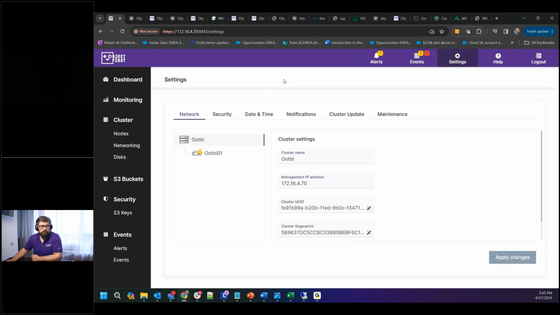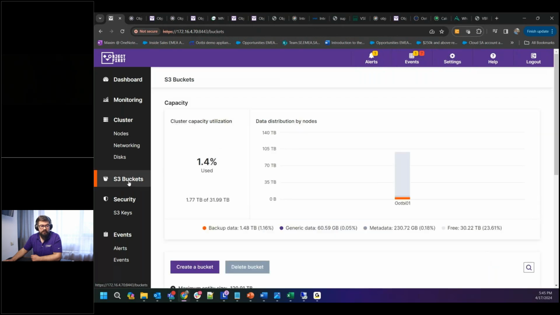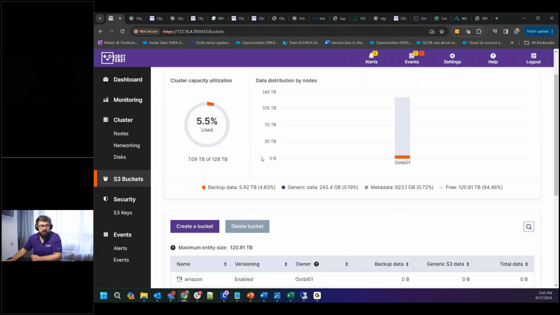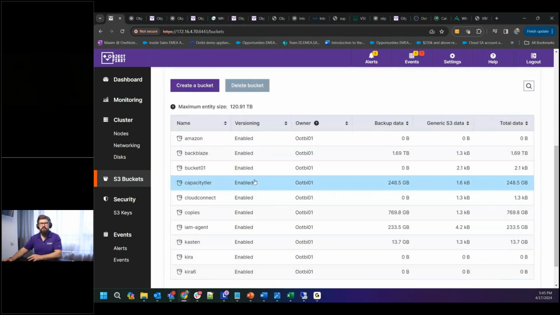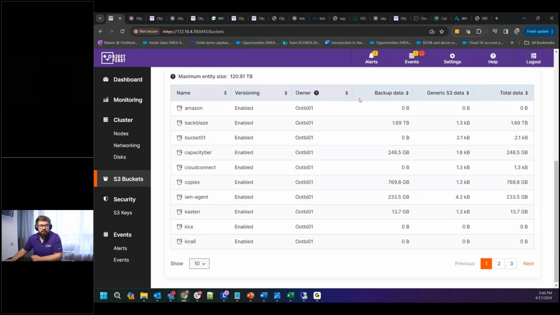Okay, so yeah, everything is here. I will show you how to start your usual workloads. So we have S3 buckets here with all the statistics on capacity. You are not limited in the number of buckets. So one bucket can be for M365, one bucket can be for Veeam Backup and Replication, or a bucket per tenant. So it's up to your needs.